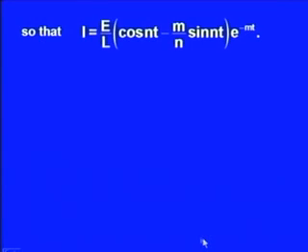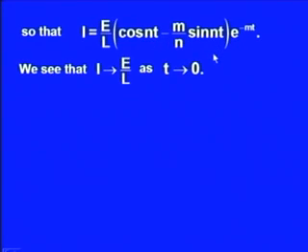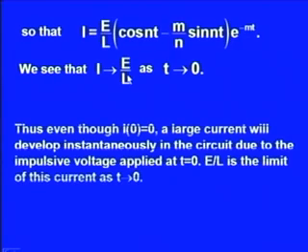So, after taking the inverse Laplace transform, we get I equal to E by L into cos n t minus m by n into sin n t, into e to the power minus m t, and we then have, as t tends to 0, the limit of I is E by L. Thus, we have the following